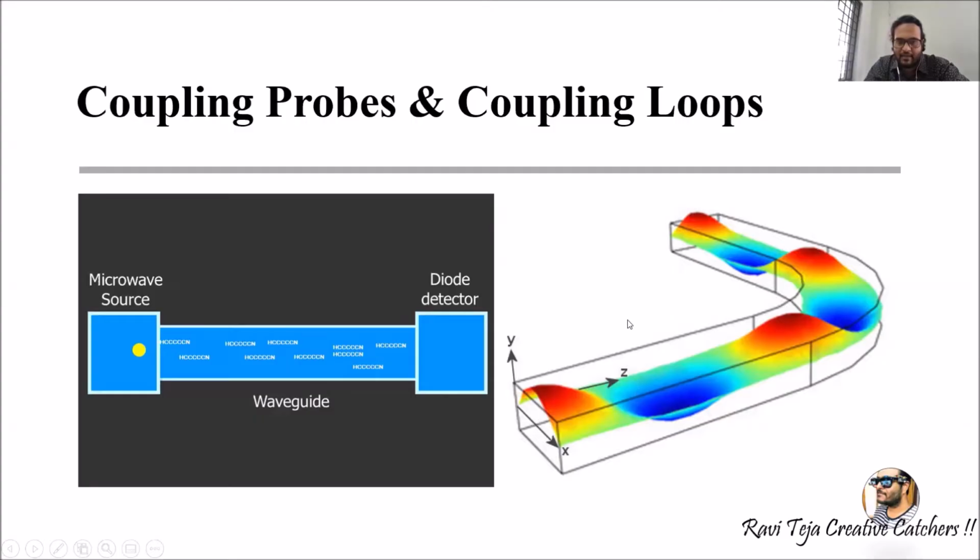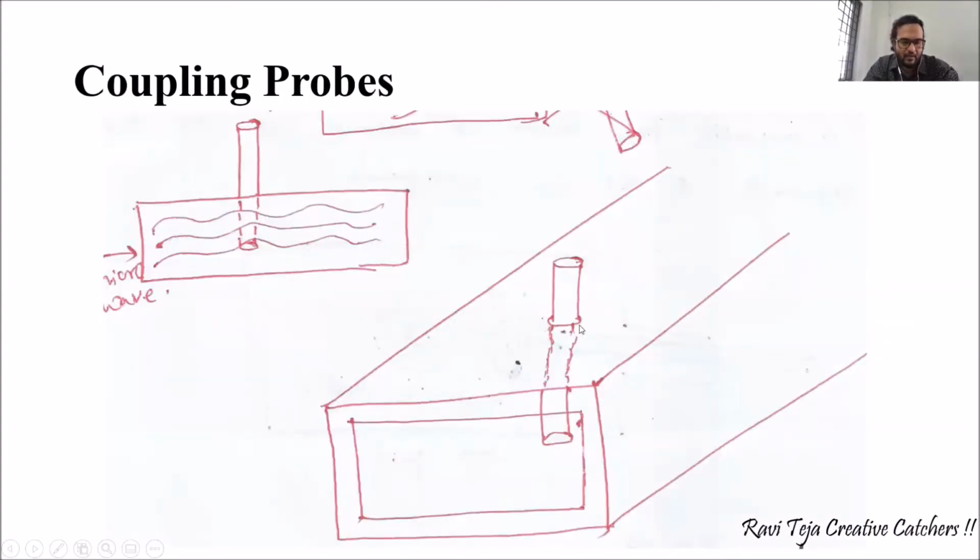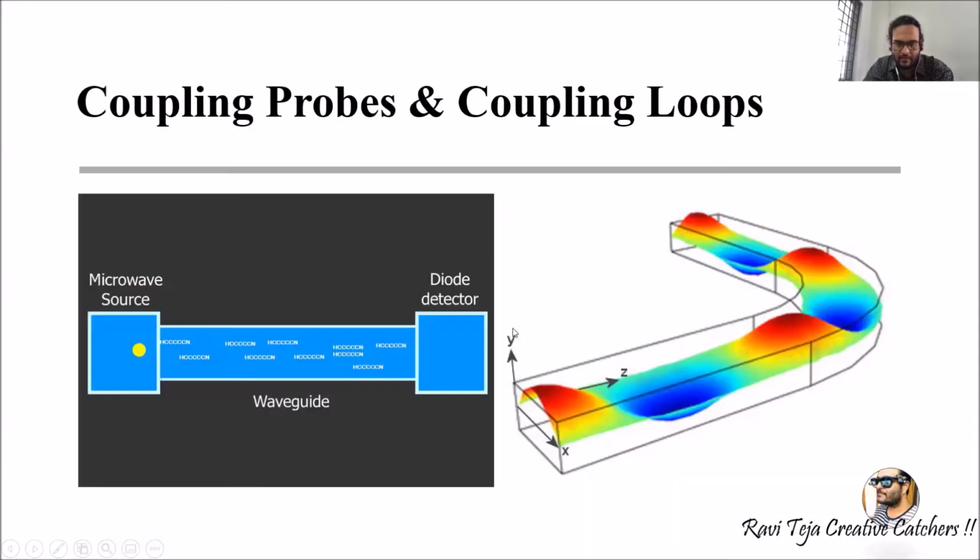Now, let us say these two ends are closed. Generally, we are connecting a microwave source or microwave generator to one end of the waveguide, and we are transmitting the microwave signal. Now, let us take a cavity resonator which is closed at two ends. But I want to produce some energy into that. Using that particular cavity resonator, I want to generate some energy.